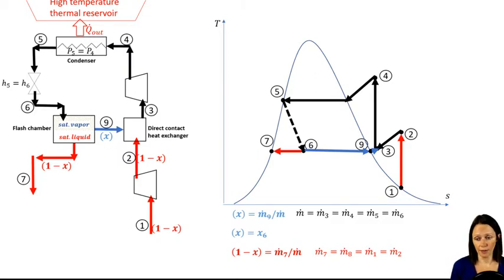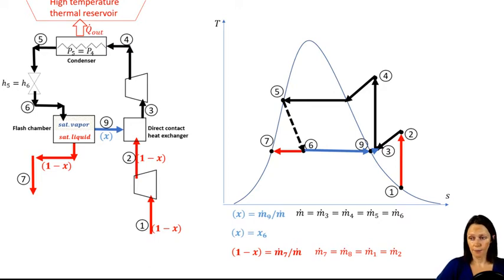So m dot 7, when we get to it, m dot 8, m dot 1, and m dot 2 are all equal to one another. Now let's look where our pressures are equal. So this flash chamber is a constant pressure, not process, but the pressures of the incoming and outgoing streams are all the same. So P6, P9, and P7, on the left-hand side you see 6, 9, and 7 are all